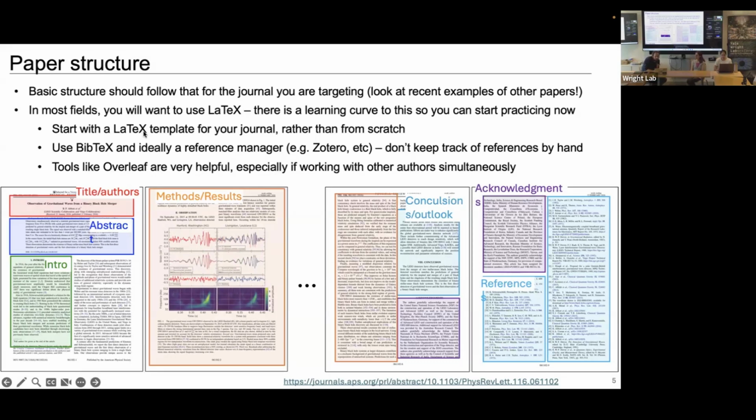So start with a LaTeX template. Don't do it from scratch. This is also, I think, crucial: use a reference manager for managing the references. So BibTeX, for instance, and you can download programs like Zotero, which is free, or other citation managers that allow you to get the files you can plug into BibTeX and then plug into LaTeX. If this doesn't make any sense to you, definitely ask me after, but there are lots of tools to help you do these references that are gonna make your life a ton easier. And if you're working with more than just you, and even if you're working by yourself, I think almost all of us are using Overleaf now to do LaTeX.